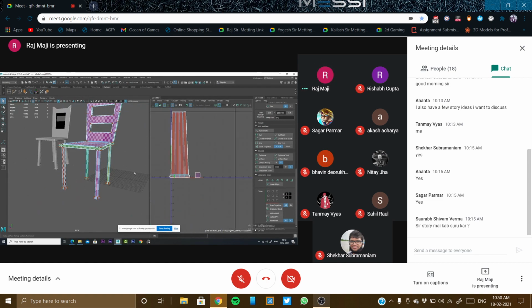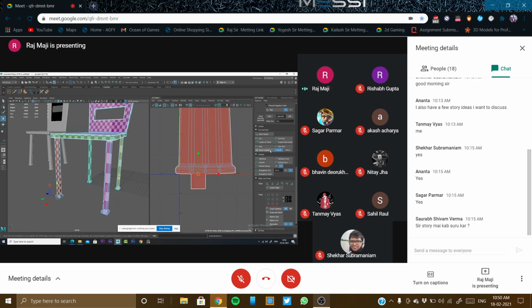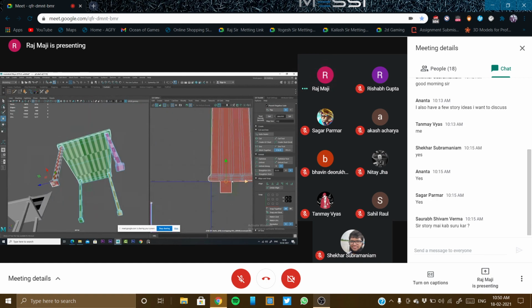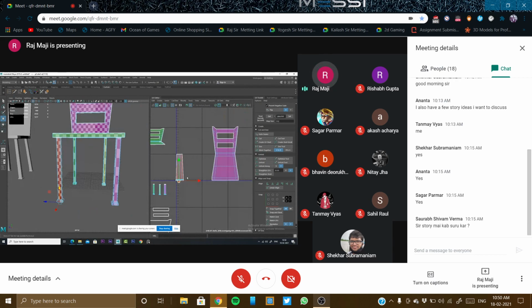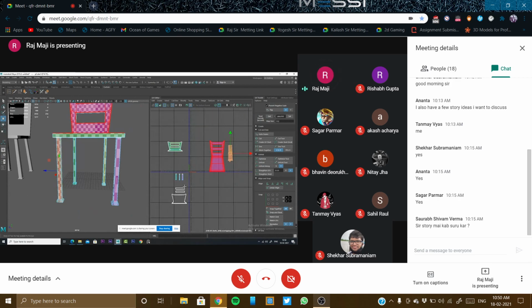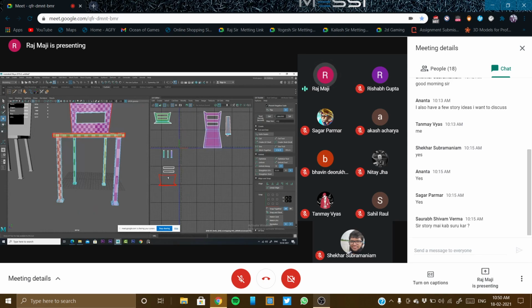Okay, and after all, I have to do something, and that is I have to select this and stitch together. So basically the bottom face should be stitched in this area. Okay, so this is one leg. So like this, all the four legs you need to unwrap. Now the very crucial part is this one. How to deal with this.